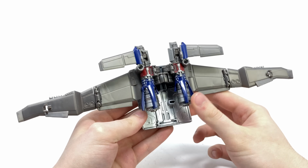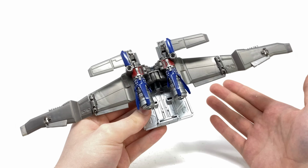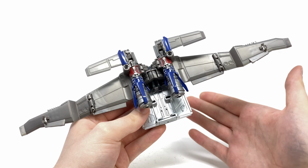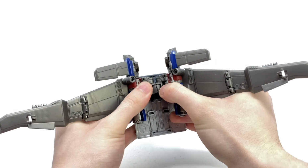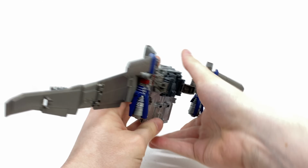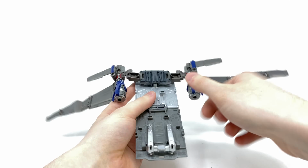And so now turning here to storage and transformation, I shan't be showing the transformation of the actual trailer as it is exactly the same as how you would transform it normally. However, I will actually show you how you can compress all of this. So to begin with, you're just going to want to, of course, unlock this section. We can then come around here to the top and just extend all this out, collapse this piece in, lift